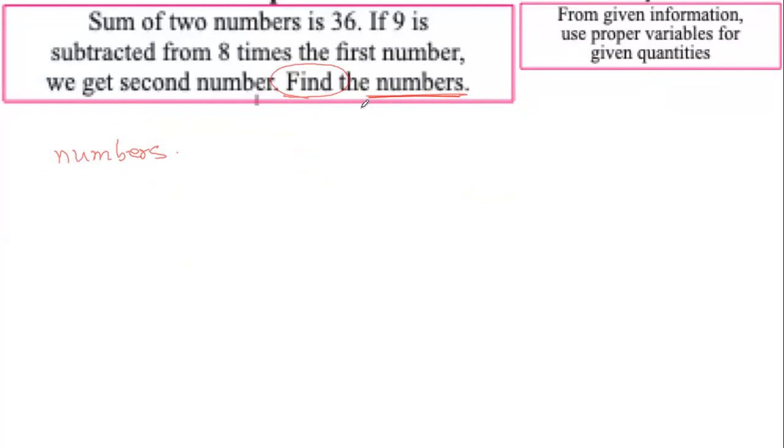Now tell me what variables you want to use. Up to you. Normally they use x and y. Okay, Prachi is saying x and y. Let us see. We will use x and y. Now is it enough to say x and y, or something more needs to be said? We will have to say that x is the first number and y is the second number. Otherwise, we will be in trouble. Keep taking notes, because when we move to the next slide, this will be gone. Let x be the first number and y be the second number. Can we move to the next step?